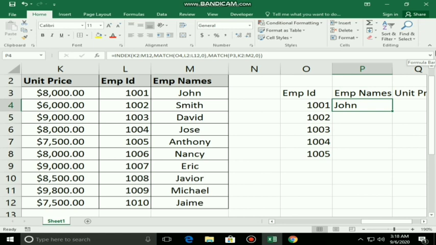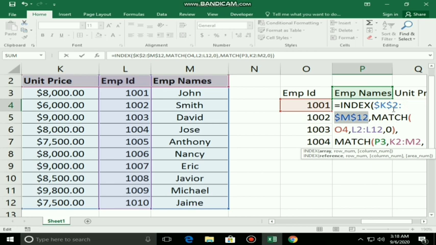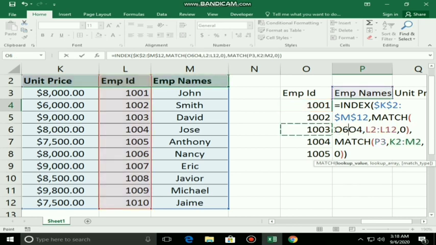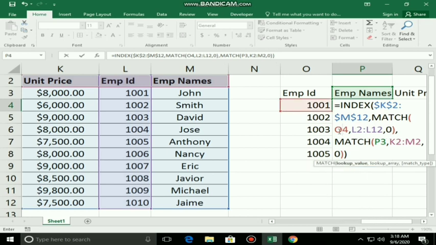Before dragging to the remaining columns or rows, I have to make a small change here. Lock this K22 to M12 range with F4. Dollar signs will get added before the column names and row numbers. Next MATCH O4: here the employee ID changes, so 4, 5, 6, the number changes, but the column name O has to be constant.